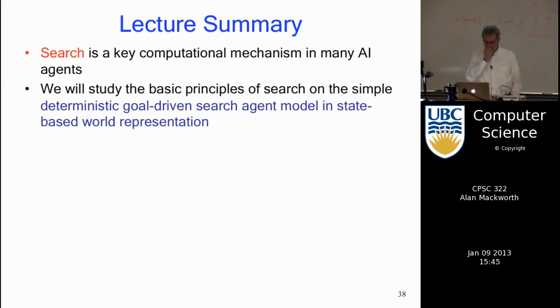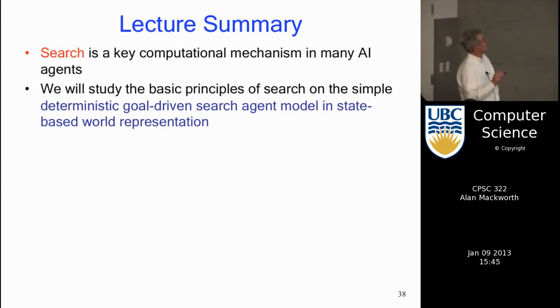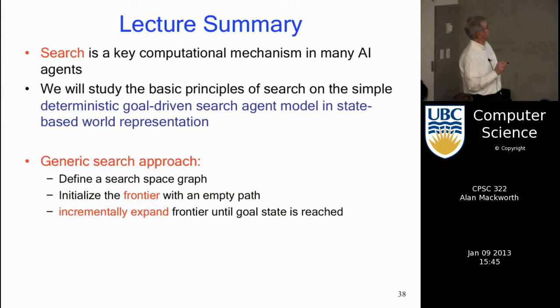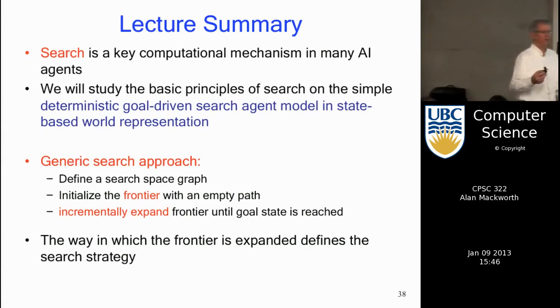So we'll finish this lecture for now. This is the summary. Search is key to many AI agents, and we're studying the simplest possible case of search: single agent, deterministic actions, goal-driven search in state-based world representations. Here's this generic search approach. Define a search space graph, initialize the frontier, incrementally expand the frontier until the goal state is reached. And the way in which the frontier is expanded defines the search strategy. So next time we're going to talk about the ones you already know about, I hope: depth-first search, breadth-first search, and so on. We call those uninformed search strategies